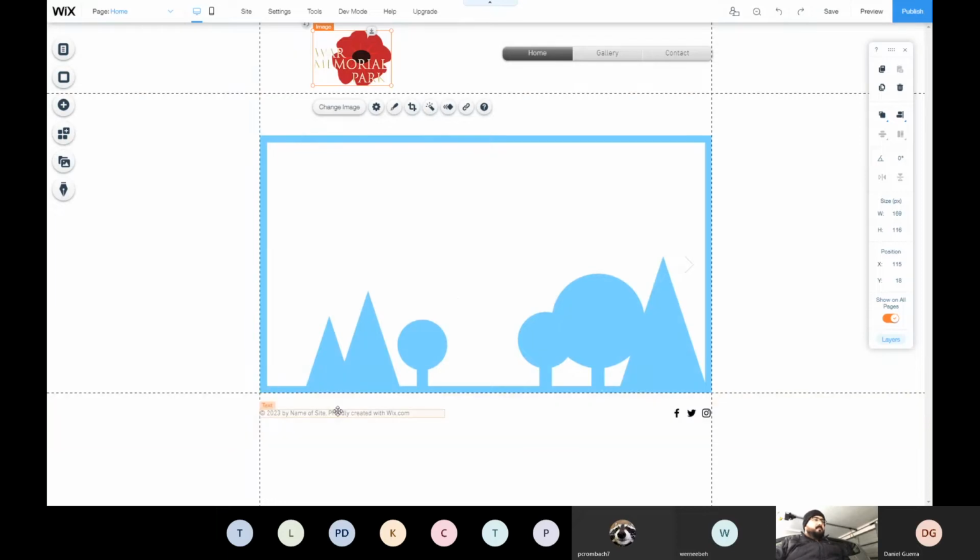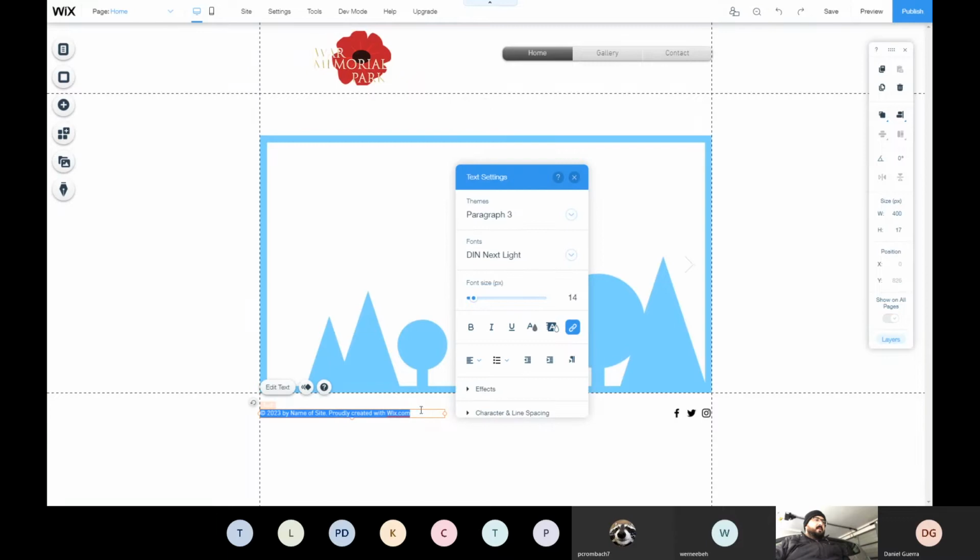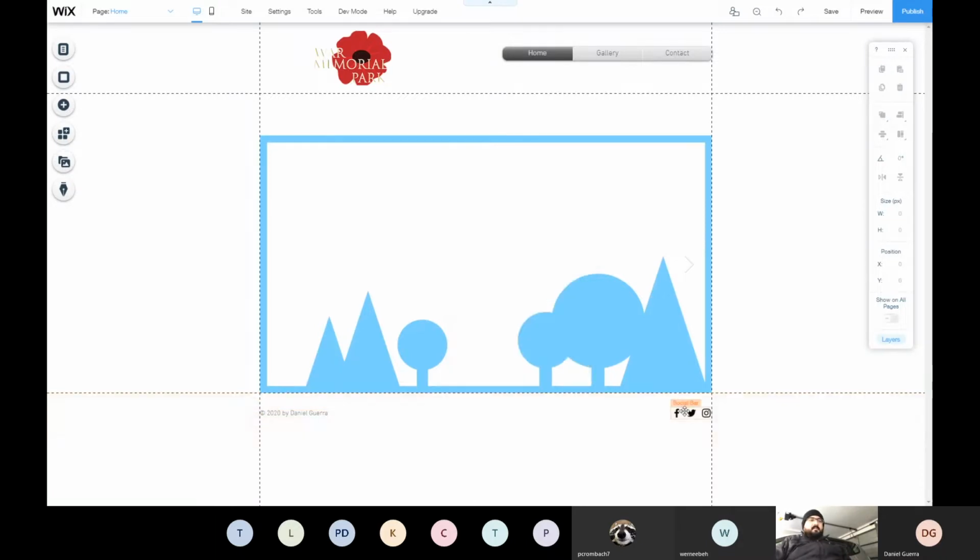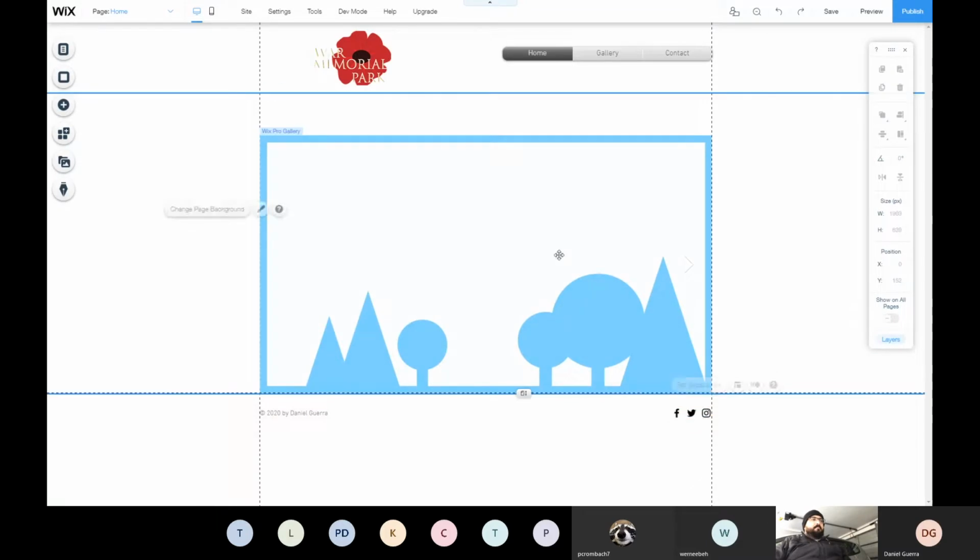Okay. I also want to change this and probably create a Wix. I don't want that. I just want my name. And this is in the future, so it's 2020. Yeah. Oh, no need to break the line here. Right. And let's leave our social bar as it is. Okay. So now I want to change my